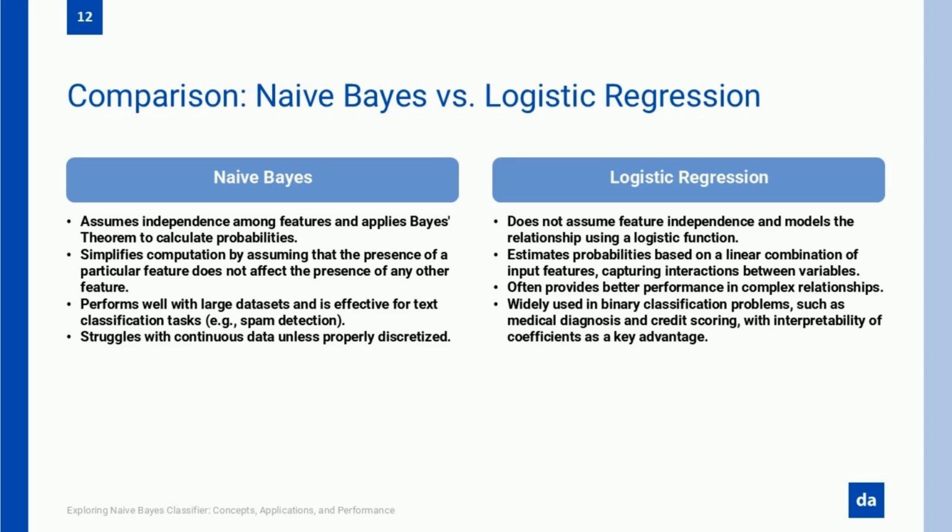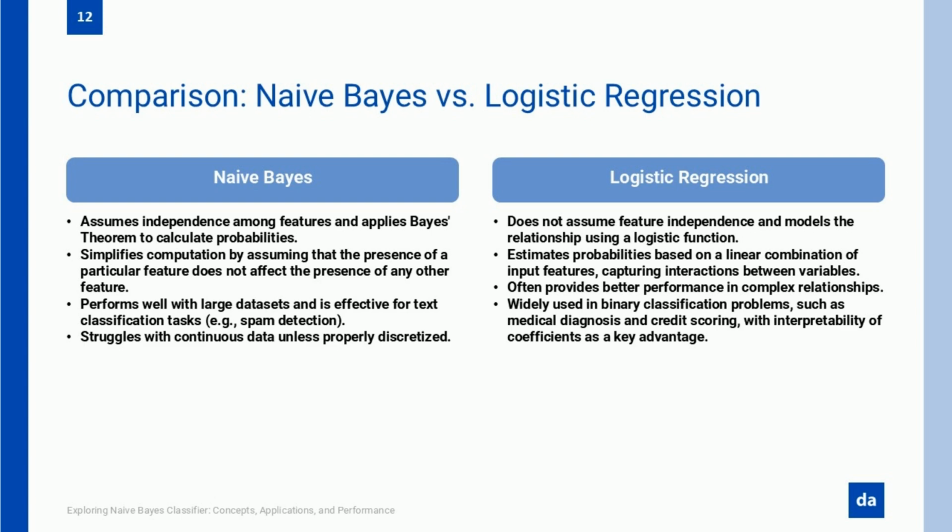Logistic regression, on the other hand, is a more flexible and powerful model in cases where relationships between features matter. Unlike naive Bayes, logistic regression does not assume independence between features. Instead, it models the relationship between input variables using a logistic function and estimates probabilities based on a linear combination of these features. This makes it more robust in situations where dependencies exist among features, such as in medical diagnoses